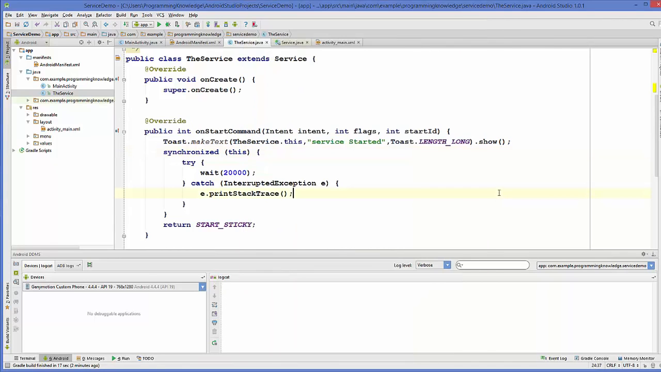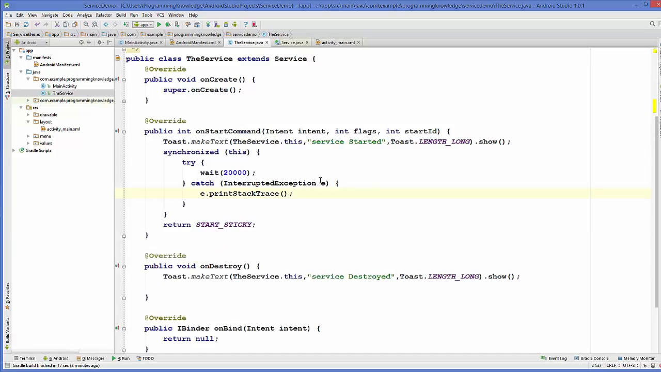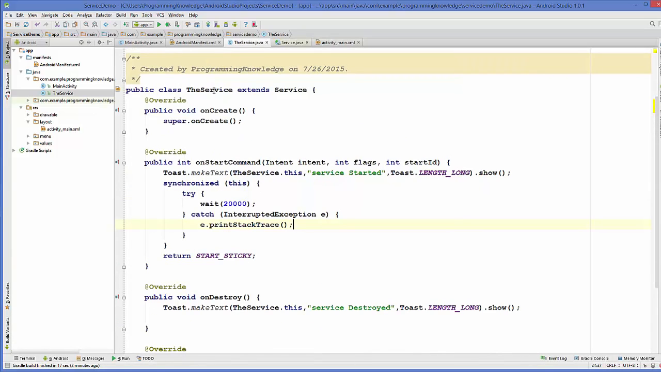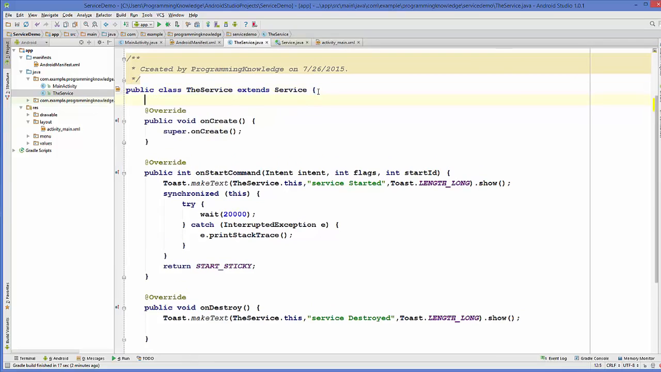Okay, so when we start our service in a thread, it's independent from our main process, and this will solve our problem. So let's see how we can solve it. I will go to my service class once again,